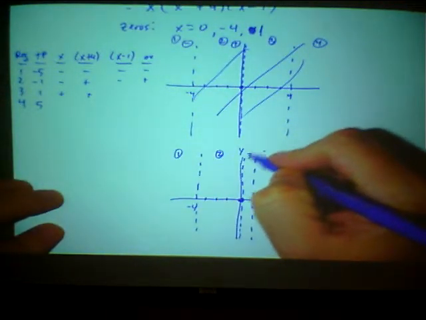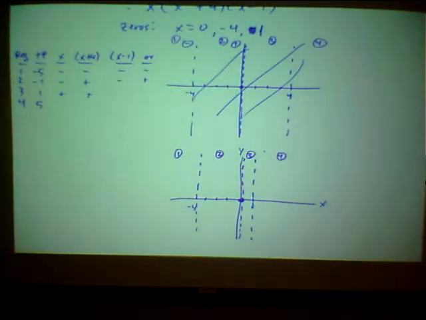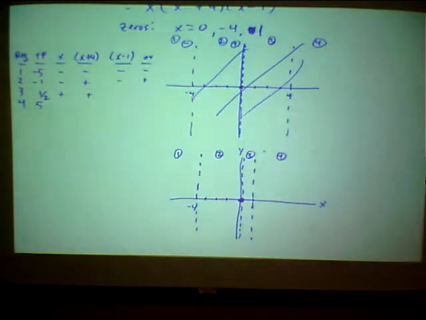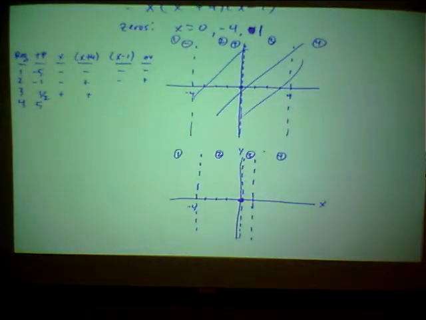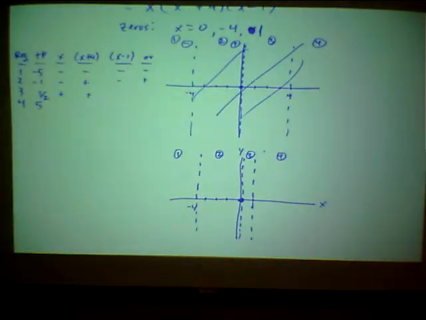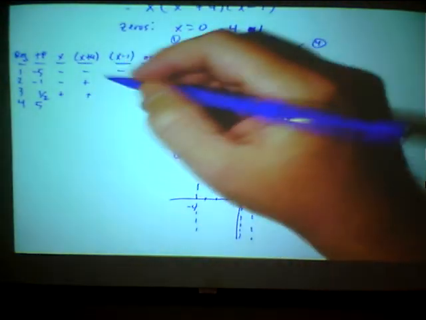Region 3 is pretty skinny. So region 3, I'm going to choose a test point of 1/2, because I have to be between 0 and 1, and I'll leave region 4 as 5. It doesn't really matter. So now, back to my sign chart, when I look at 1/2, positive, positive,